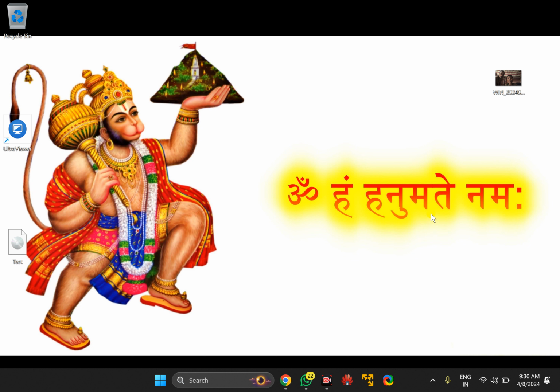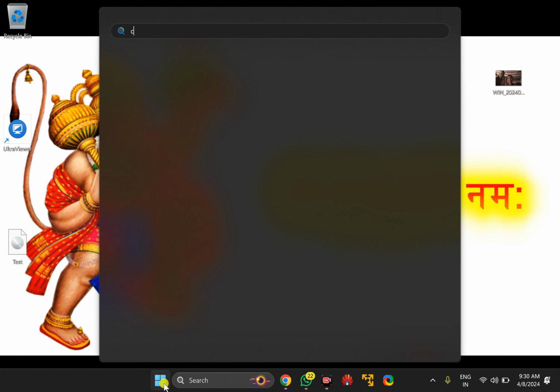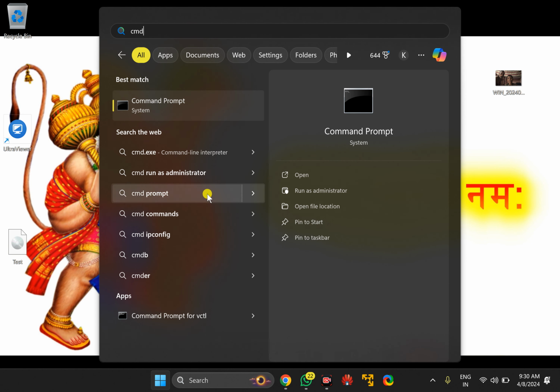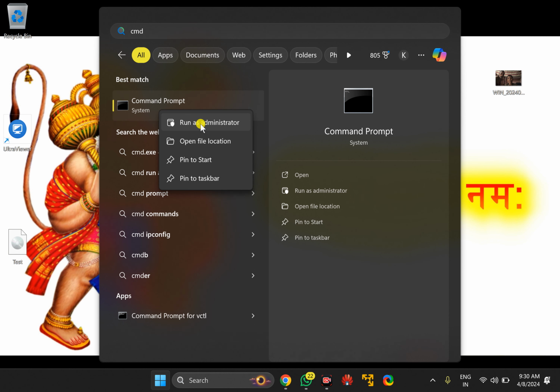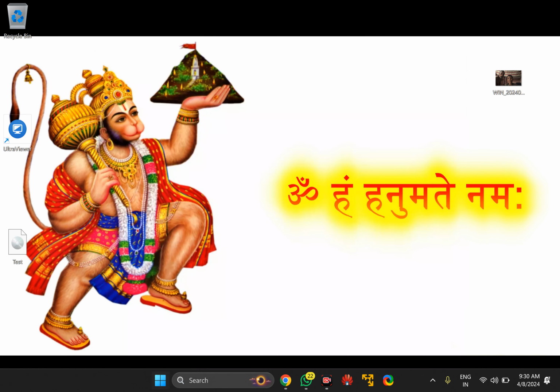In this video, we will guide you on how to view Wi-Fi password on Windows 11 or 10 PC using command prompt. For this, first click on the Start button, then type CMD in the search results. Right click on this one command prompt entry. Select Run as Administrator. In case Windows prompts, click Yes.